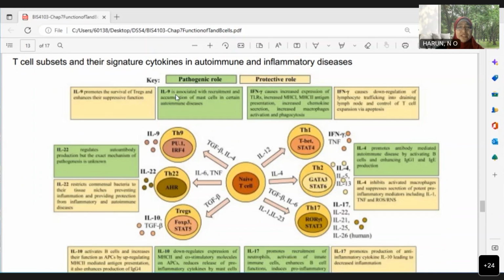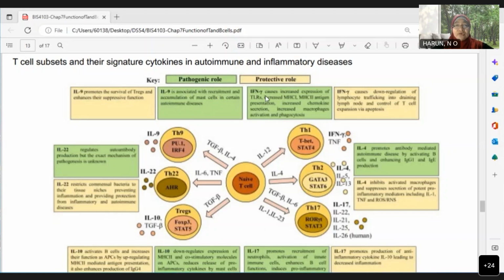For the protective role, we see IL-9 promotes the survival of T-regs, or T regulatory cells, and also enhances their suppressive function. Okay, IL stands for interleukin. Meanwhile, in the pathogenic role, IL-9 is associated with the recruitment and accumulation of mast cells in certain autoimmune diseases. There are two here, namely IL-9 and also interferon gamma. Okay,